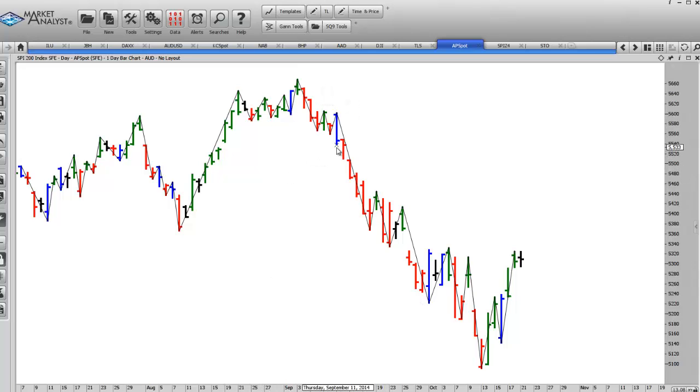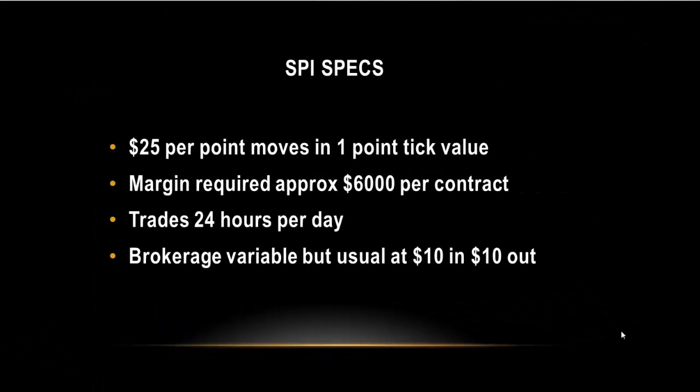What we had was an opportunity to get short here around 55.30, and you can see that so far the market's dropped as low as 5100. So it gives us a very important clue about the trend or the direction that the corporate traders think the market's going to go. Let's have a look at the specifics of the share price index,